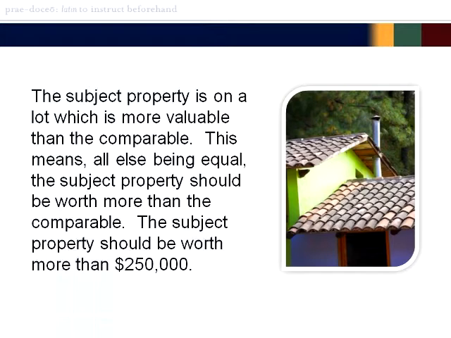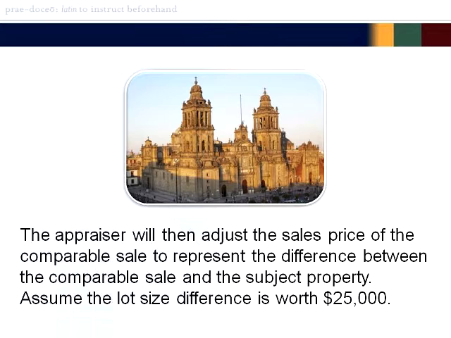The subject property is on a lot which is more valuable than the comparable. This means, all else being equal, the subject property should be worth more than the comparable. The subject property should be worth more than $250,000. The appraiser will then adjust the sales price of the comparable sale to represent the difference between the comparable sale